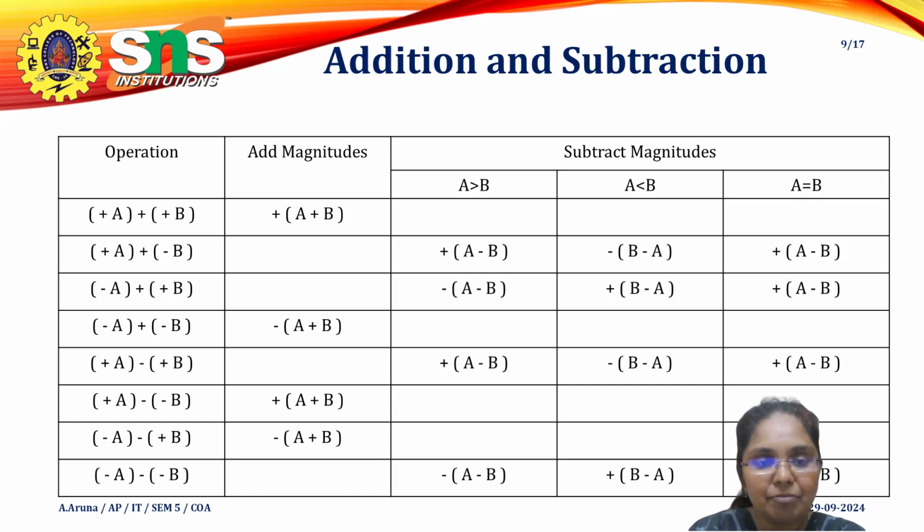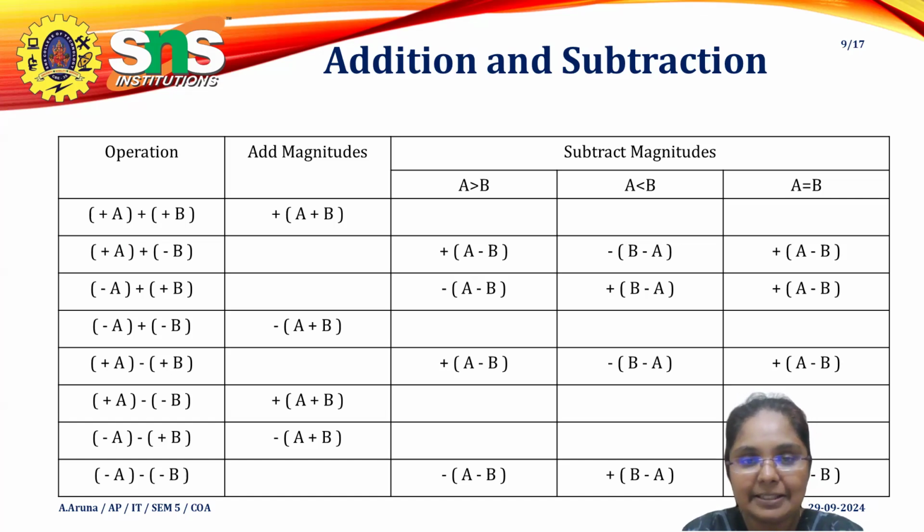So what is the sign of my a? That could be attached over here. Here a minus b. In this case, I have to go for both different signs, so I have to go for a subtraction of magnitudes. In this case, a is greater than b. A is greater, b is smaller, so I have to subtract a minus b. What is the sign? Plus a sign is plus, the largest sign, I have to put it over here.